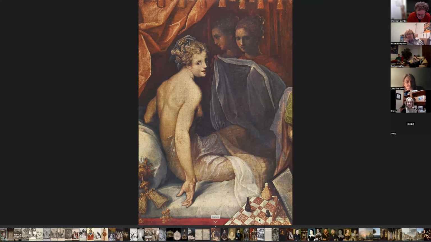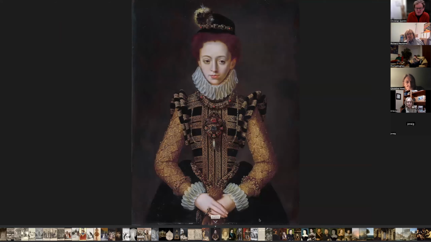The great painting is this one, which is anonymous. We don't know who painted it. This is a portrait of Sibylle of Cleves, Jülich-Berg. People, nobility, had a lot of very long names and a lot of titles, and they're very proud of it. She was the daughter of the Archduke of Austria. This is painted in